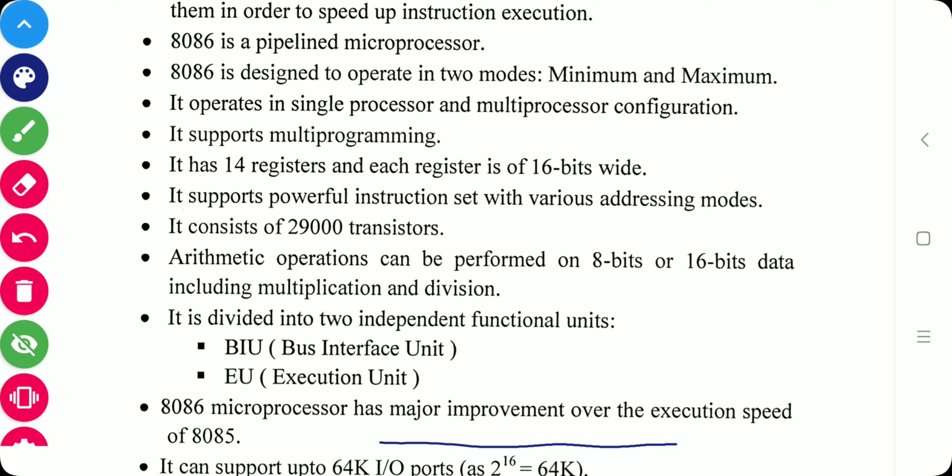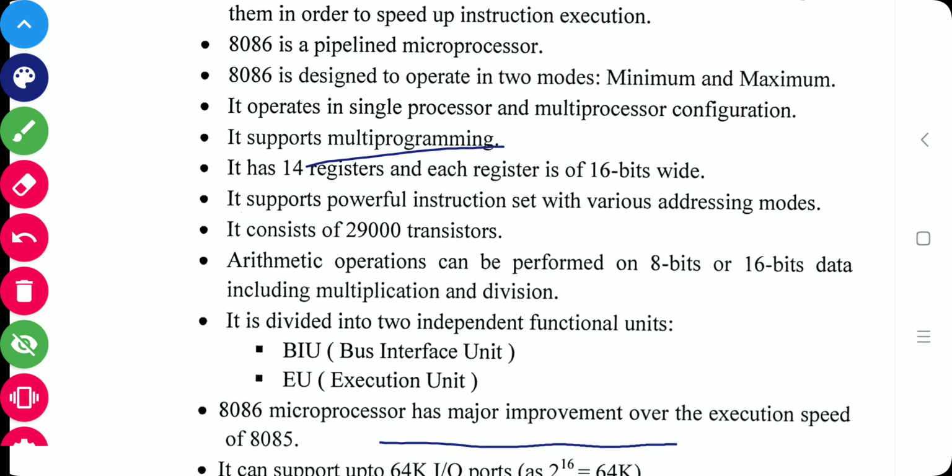Like this, it is a pipeline microprocessor. It is designed in two modes, minimum mode and maximum mode. When the microcomputer system consists of only one processor, then the 8086 is operating in minimum mode. If there are multiple processors in the system, then the 8086 is operating in maximum mode. It can operate in single processor as well as multi-processor configuration. Then it supports